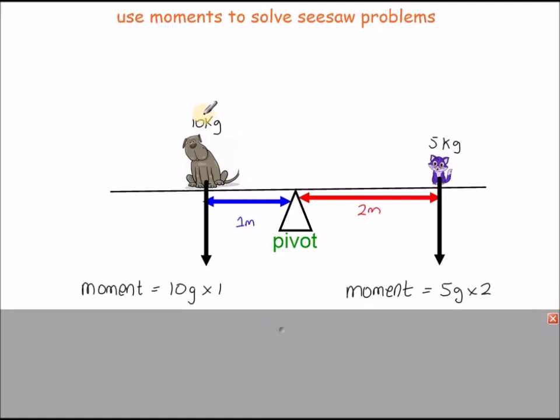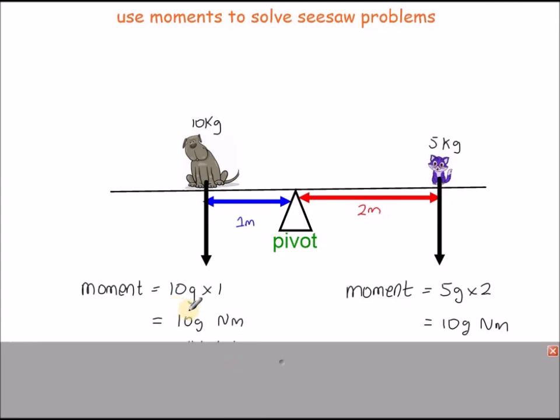the weight of the dog will be its mass times g, so 10g, its weight times the perpendicular distance from the pivot times 1, and for the cat it's 5 kilograms times g, so that's the weight times the perpendicular distance, 2. So 10g Newton meters, 10g Newton meters, so these values are the same,